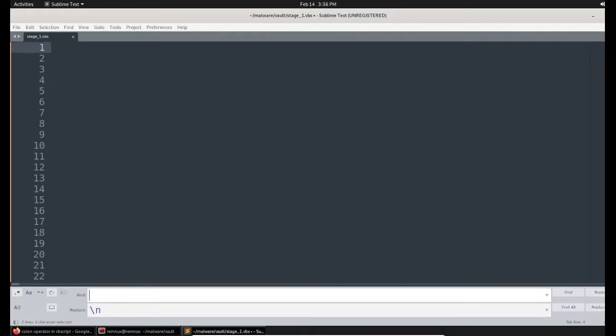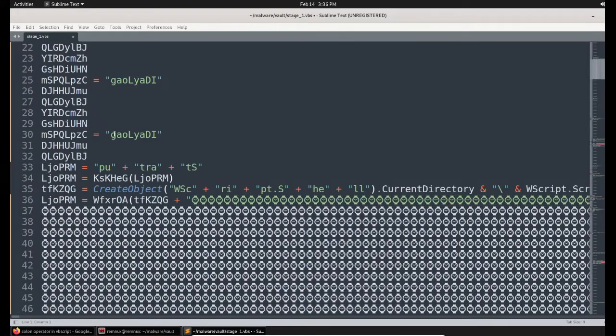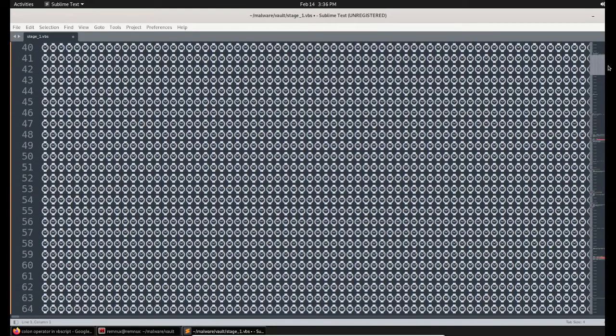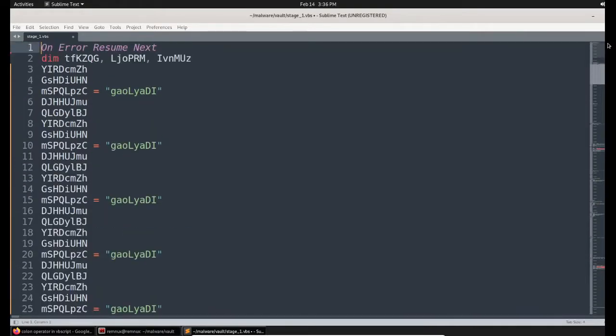Actually, I should have added the caret sign before the new line character, which means in regular expression, any line that begins with a new line character will be replaced with none. So let me do it once again. Now, after replacing, I eliminated all those empty lines and minimized this obfuscation, and still we have some obfuscation employed here. So let's see one by one.